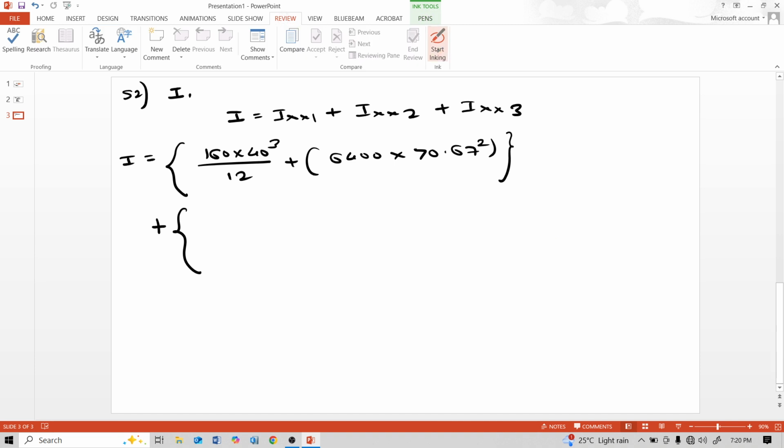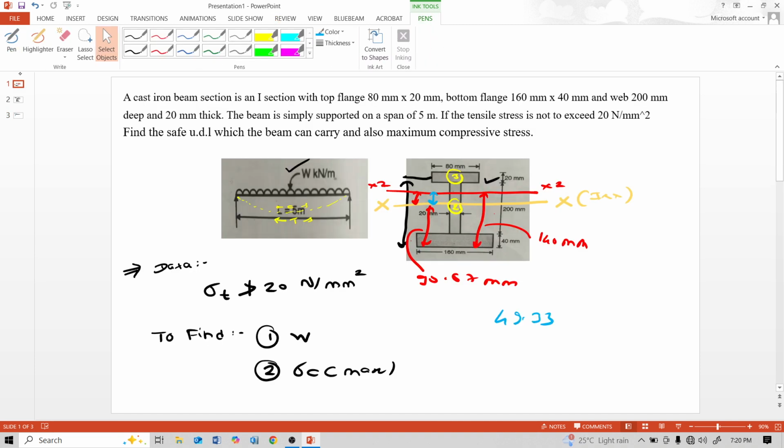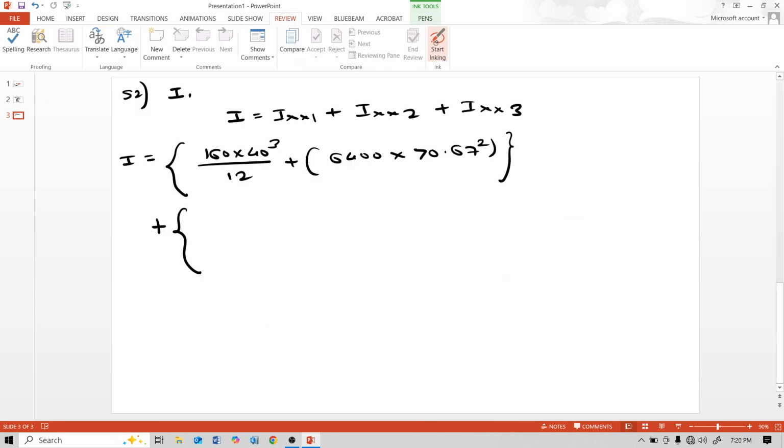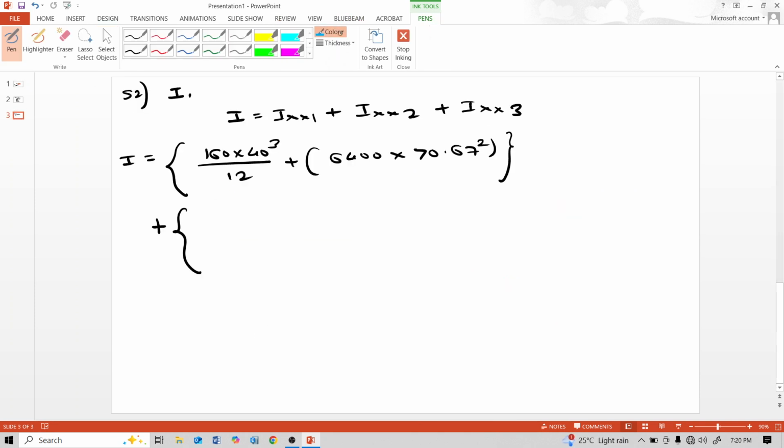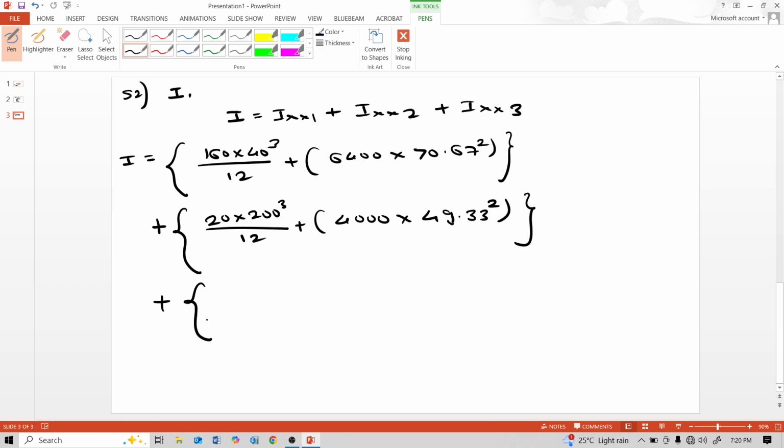So calculate 20 into 200 cubed divided by 12, plus area 4000 multiplied by 49.33 squared, plus again plus